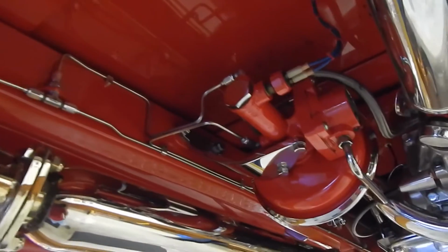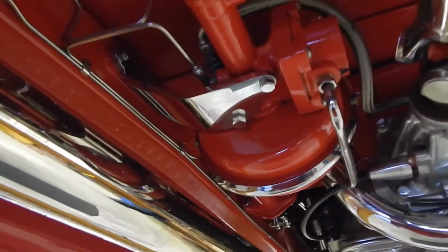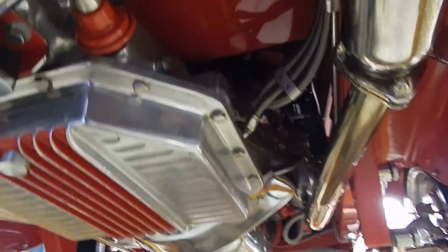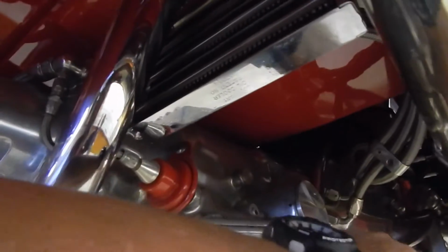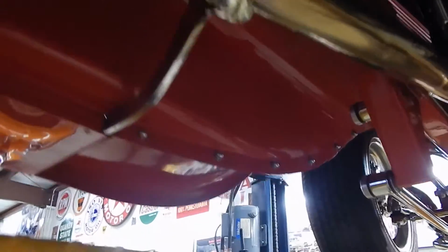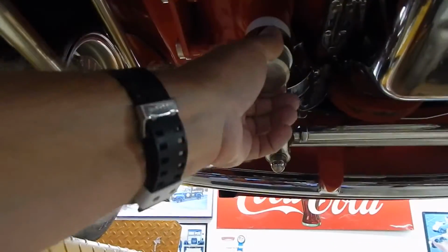I'm going to spend a little bit of time underneath here because I really wanted to share with you the quality of this car, and you really can't tell unless we spend some time on it. Here's the master cylinder, brake booster, and so on and so forth. Everything's polished. The transmission case has been polished. Here's all the machine buttons there, the ones I talked about in the beginning. If you go all the way along here, and the recessed buttons here, little billet cap on the pitman arm,